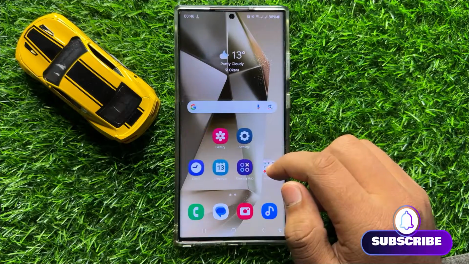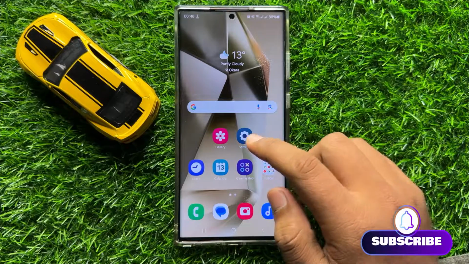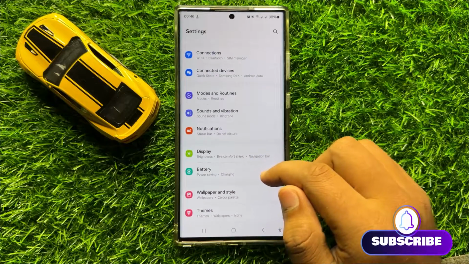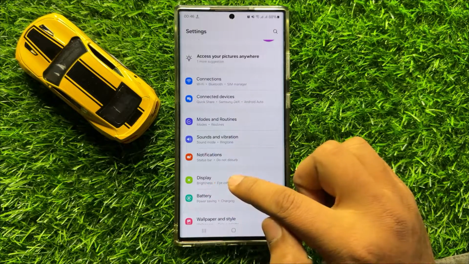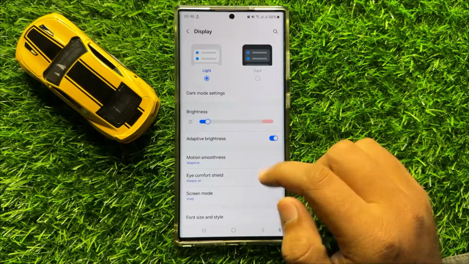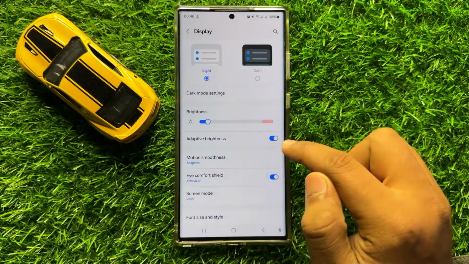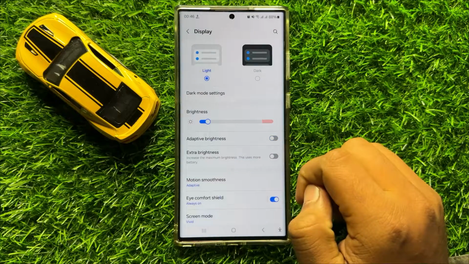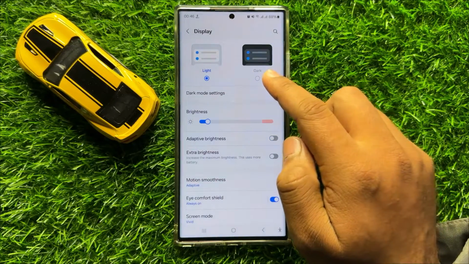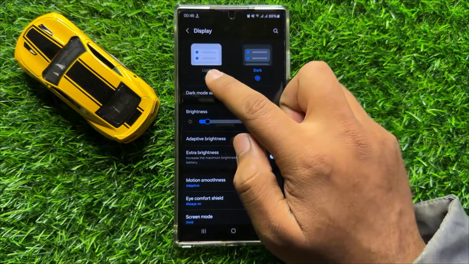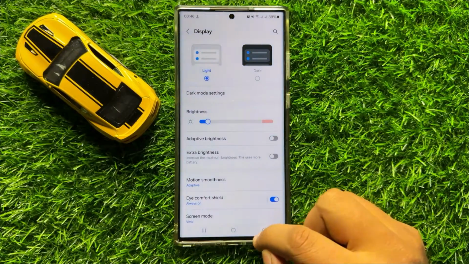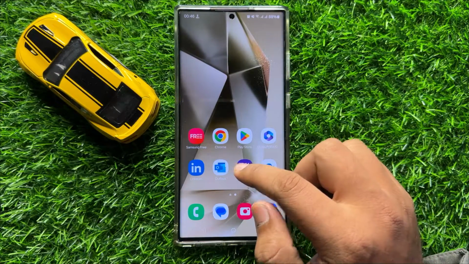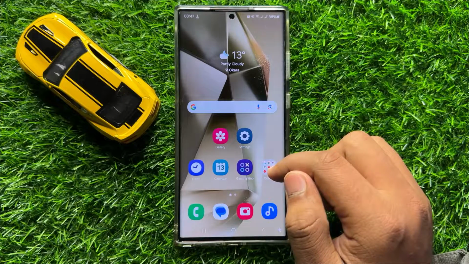So to fix this issue, first of all, open settings. Now in settings, scroll down and here click on display. Now in display, here you will see an adaptive brightness button, so turn off this button, and after turning off this button, if you have switched to the dark mode, then switch to light mode, and after doing this your problem will be fixed. But if you are still facing the problem, then the second solution is